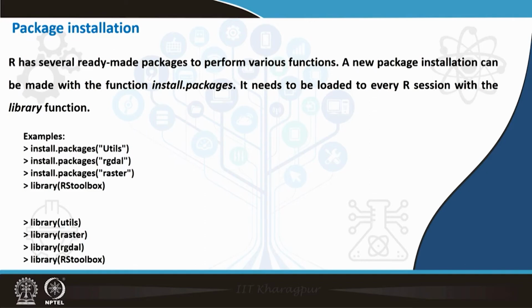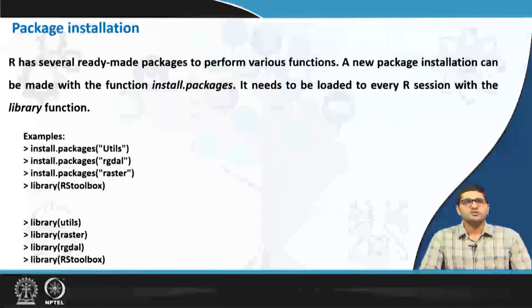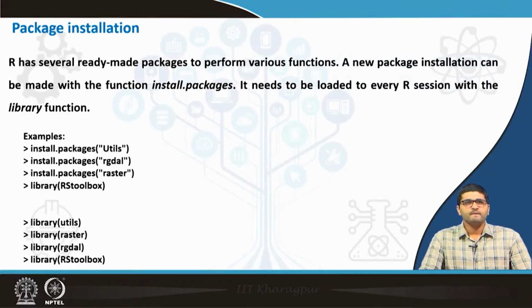For this particular session we are going to require three important packages. One is rgdal, second is raster, third is RStoolbox. Once we install these packages, we also need to call these packages as a library in R whenever we start our programming. So let us jump to R program and start